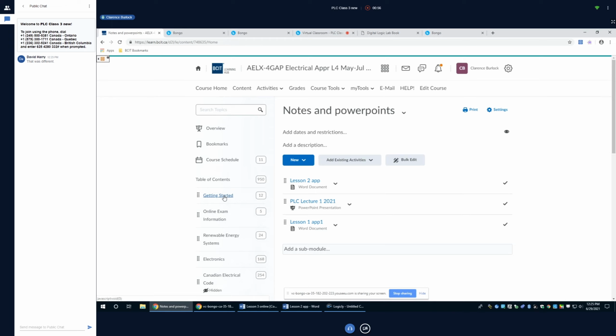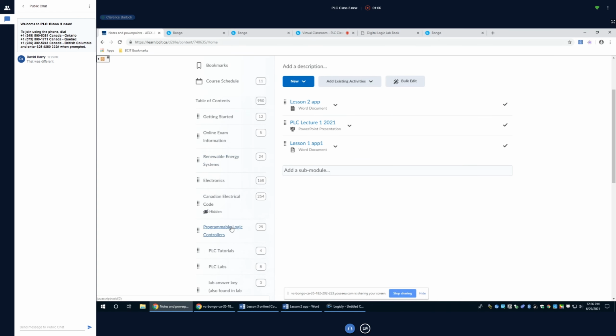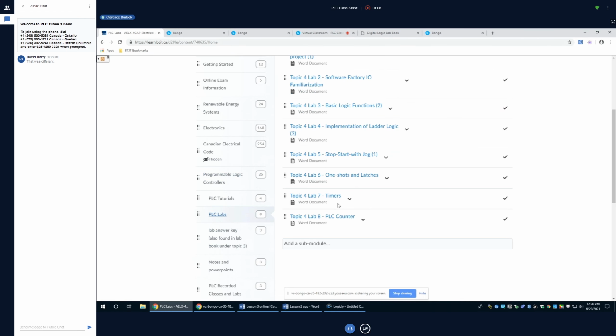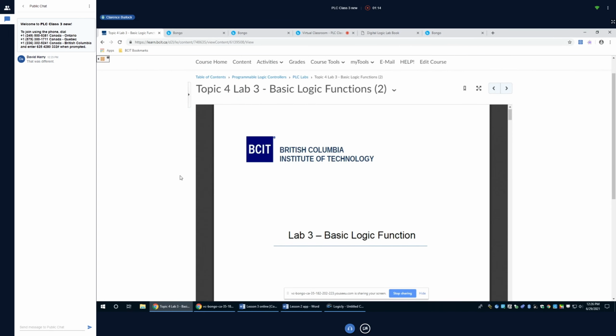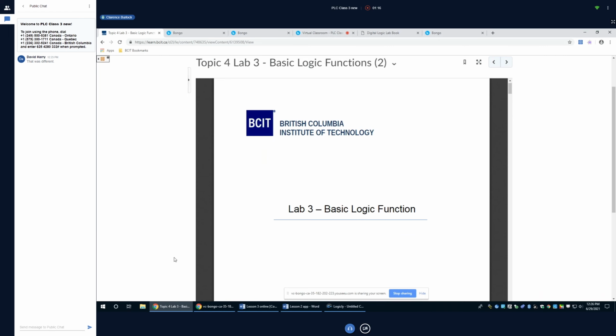Lab 2 is getting familiar with Factory I/O, just how to move things around, and a little bit about the functionality of Factory I/O. Lab 3, which is what I'm going to open right here, is basic logic functions. So what I want you to do here